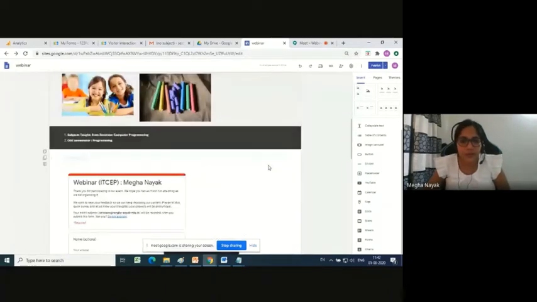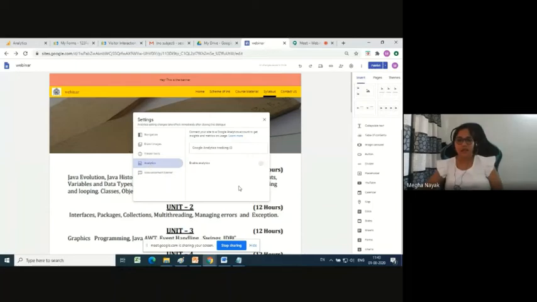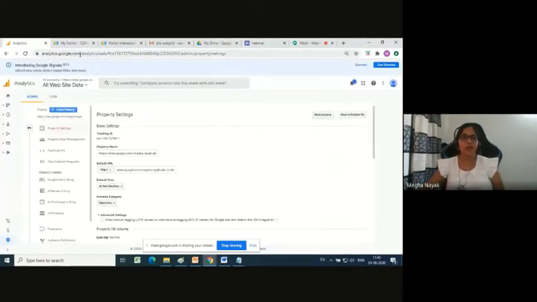Once I do this change, there is an option over here in settings. In these settings, it gives me something called analytics. Now this analytics is only going to be active if you have an analytics ID. If you sign up at analytics.google.com using a Google account, you can have an analytics ID for yourself, and for every website you want to monitor, you can link that website and generate an analytics ID for that particular website.